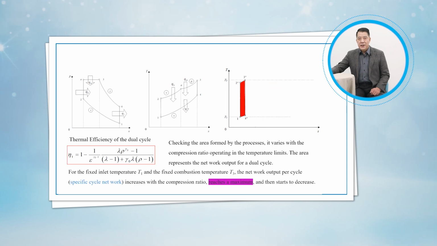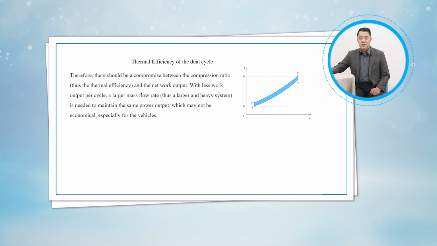For the fixed initial temperature T1 and the fixed combustion temperature T3, the net work output per cycle increases with the compression ratio, reaches a maximum, and then starts to decrease. From the variation, we conclude there should be a compromise between the compression ratio and the net work output for